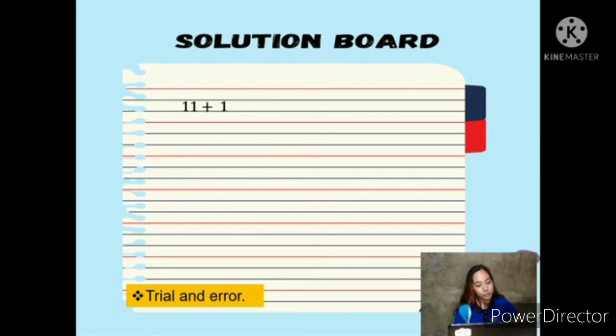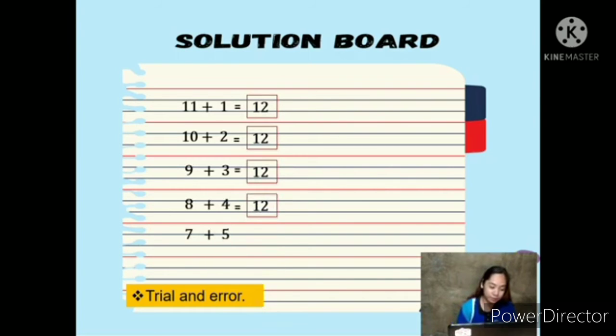So, 11 plus 1 is equal to 12. 10 plus 2 is equal to 12. 9 plus 3 is equal to 12. 8 plus 4 is equal to 12. 7 plus 5 is equal to 12. And 6 plus 6 is equal to 12. So, para masabi natin sila na yung mga 2 numbers,